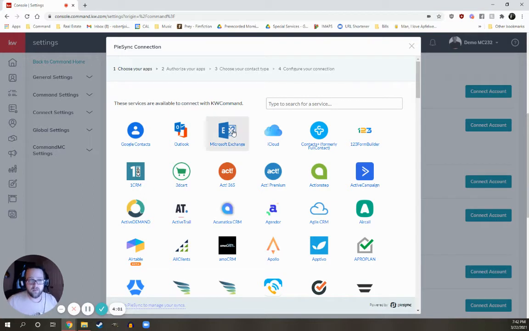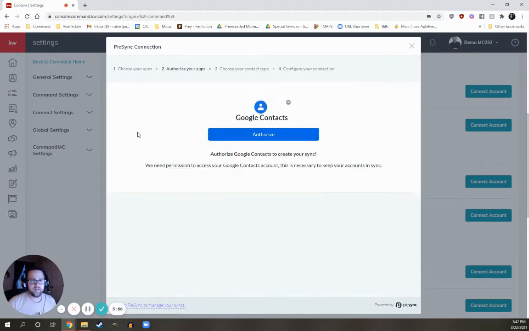We could choose your Microsoft Exchange account, your iCloud if you utilize an iPhone for your contacts, or in this case, Google Contacts, which you should have access to if you utilize an Android phone. So I'm going to choose Google Contacts now, and when I click Authorize, it's going to pop up a window